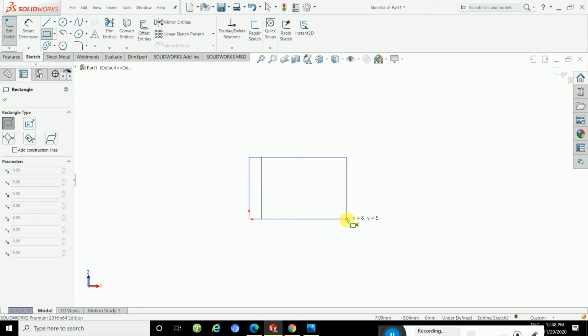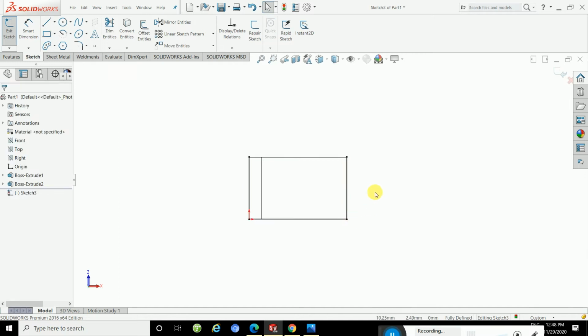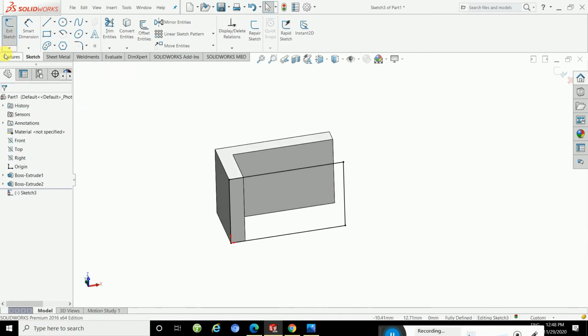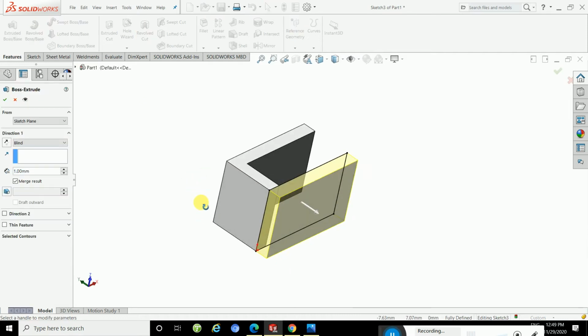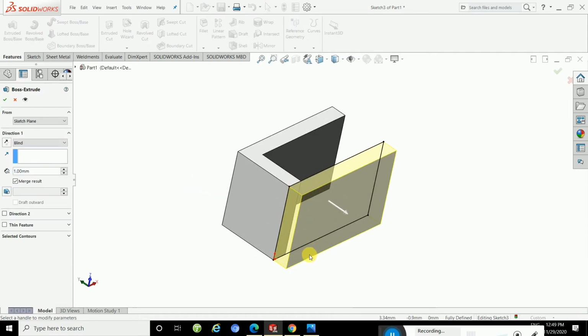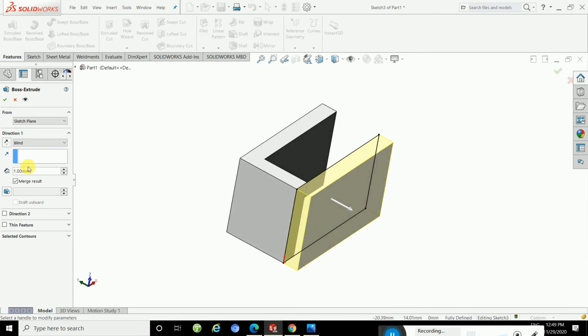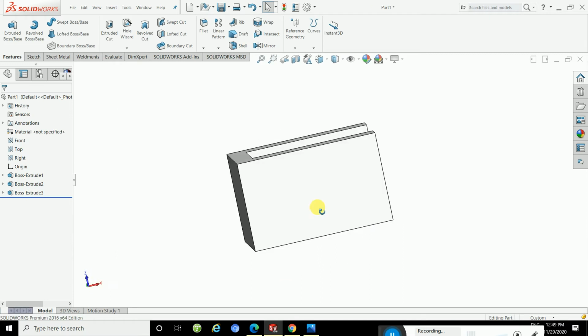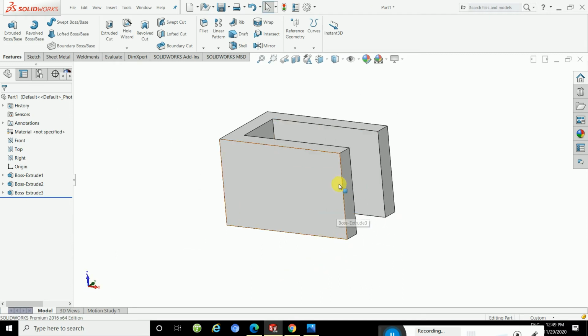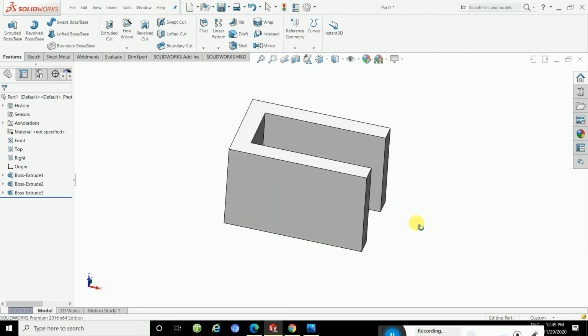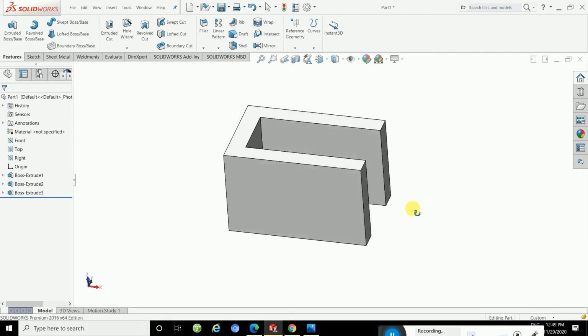Okay, and then extrude outside. Okay, 1 mm. So this model will be ready here.